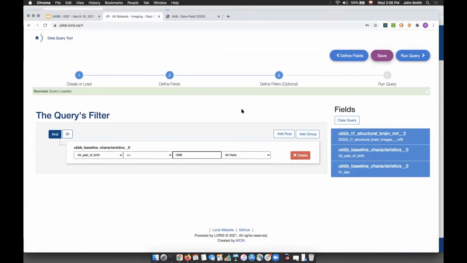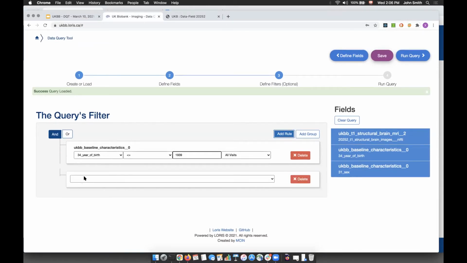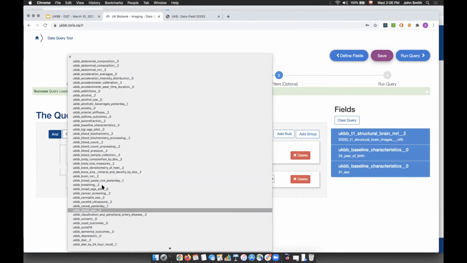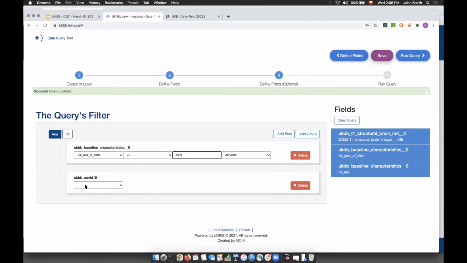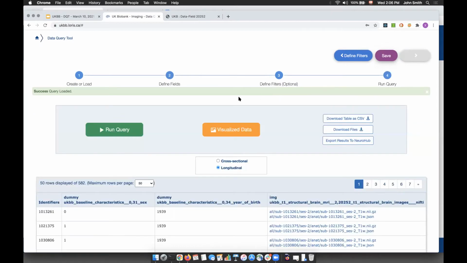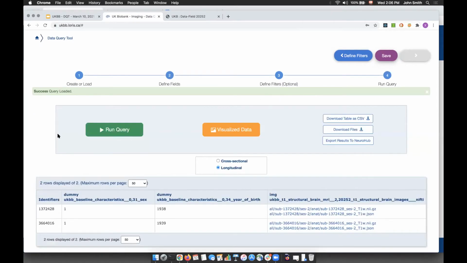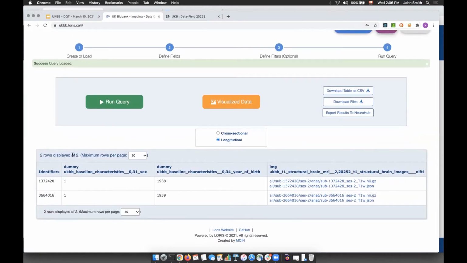And in this tab, we can add a bunch of groups of condition or a single rule. So just to reduce the number of rows, I'll select the COVID-19 instrument, in which there's a result data field, and I'm selecting the operator equal for 1. This is true. And then go back to run query. So there's no new field, just filter down the number of displayed rows.